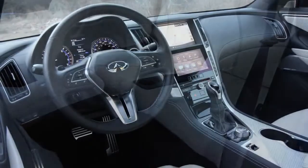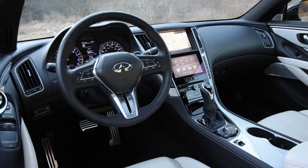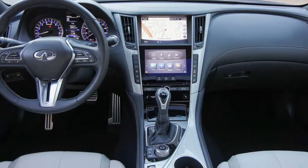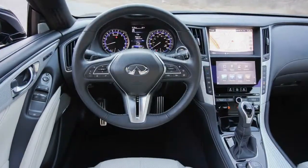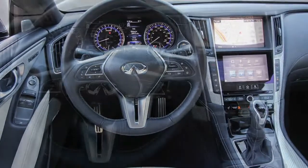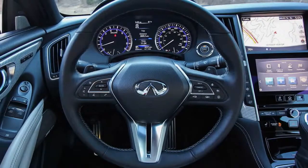Blame the lifeless, and, fortunately, optional, Direct Adaptive Steering (DAS) system fitted to the Q60. At just 2.0 turns lock-to-lock, it's quick and fairly precise, yet it's worlds away from the G35's hydraulically assisted setup in terms of communication. This has been a common criticism as the industry has adopted electrically assisted power steering, but